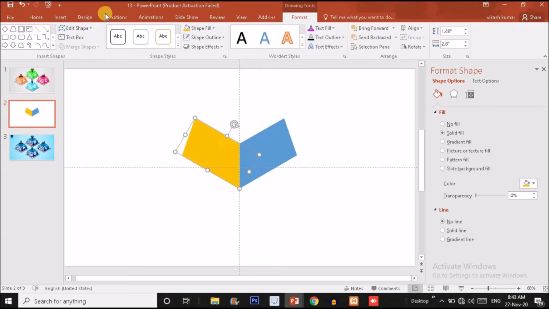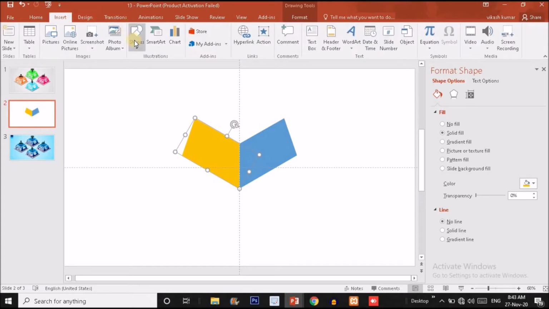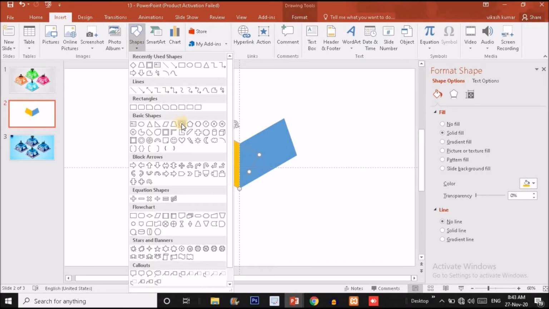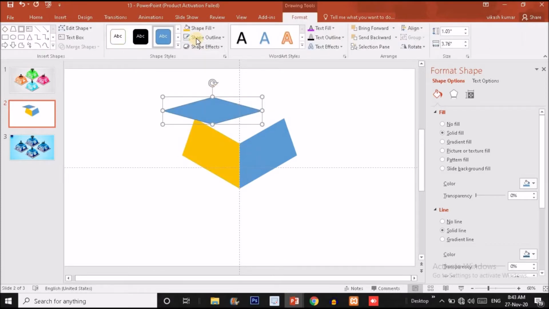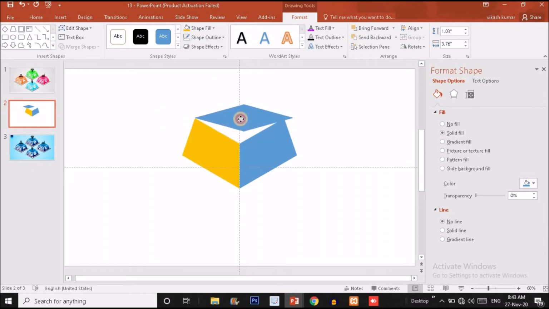Okay guys, now click on the insert option and again choose this particular option from here, the diamond option. Just drag a diamond like this and make it no outline by clicking on the no outline option, and put it over here.